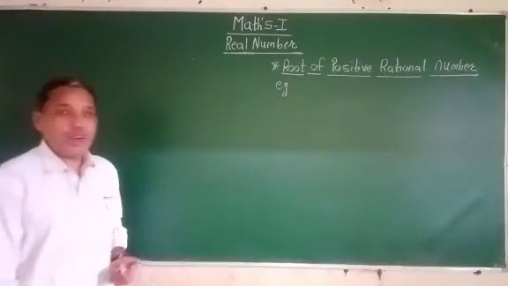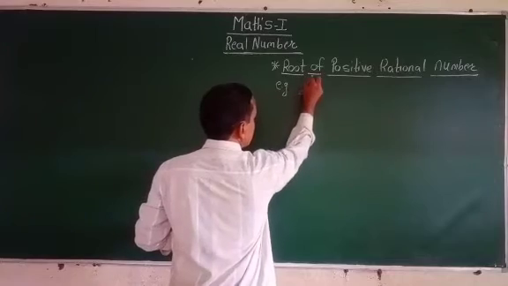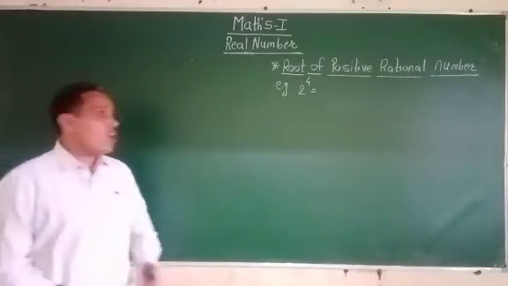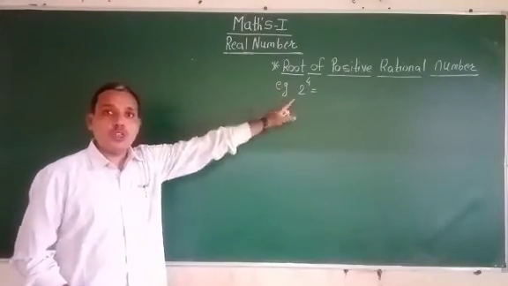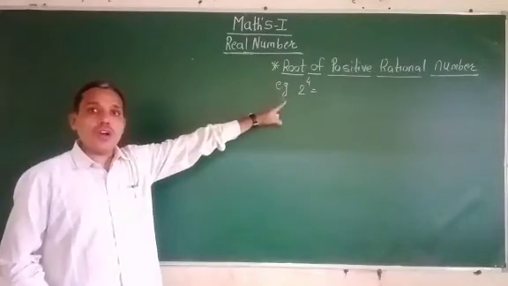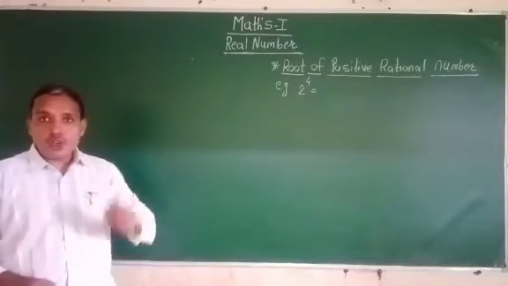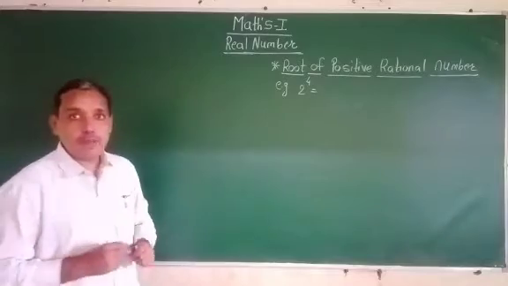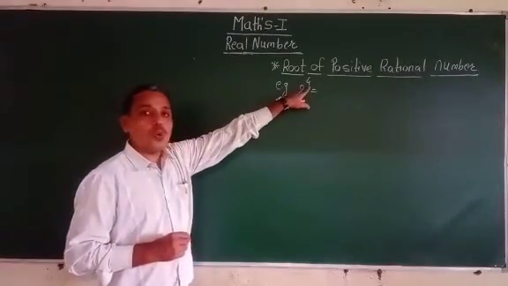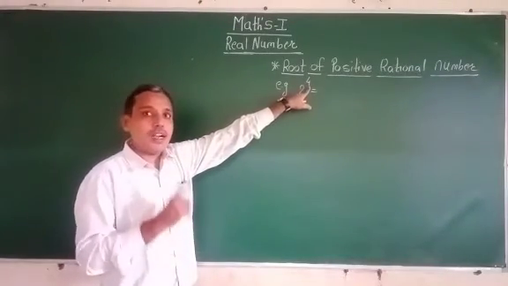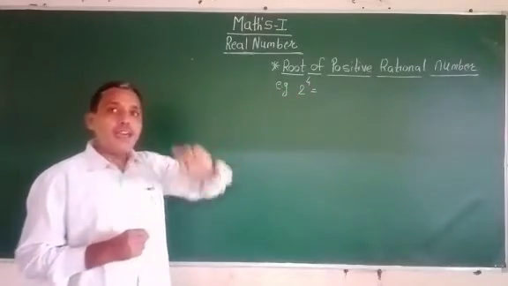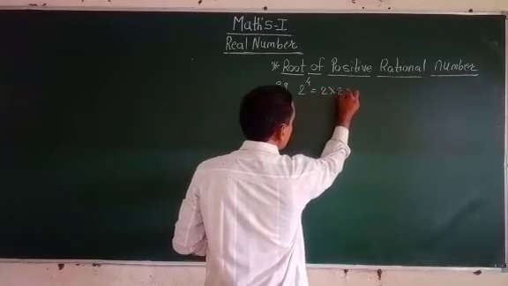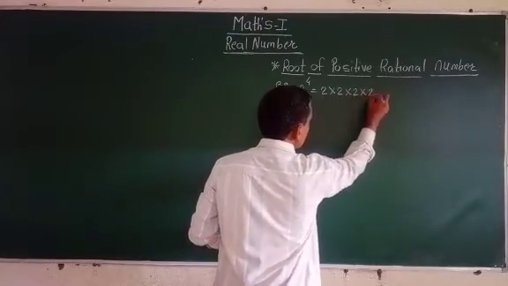In that example, we first take the fourth root of 2. We can find the value of the fourth root of 2 by using the rule of indices. In the rule of indices, 2 is shown with index 4, which means 2 is multiplied by itself four times: 2 into 2 into 2 into 2.